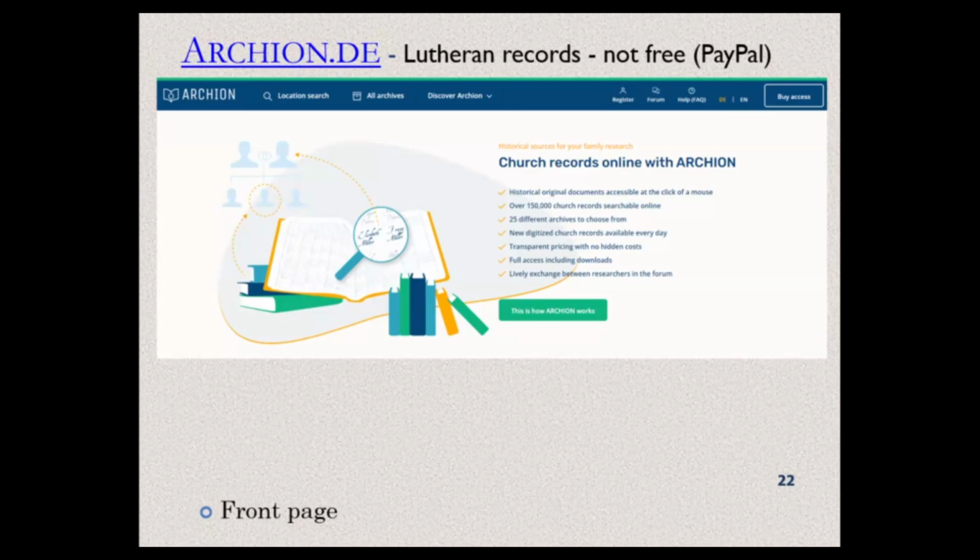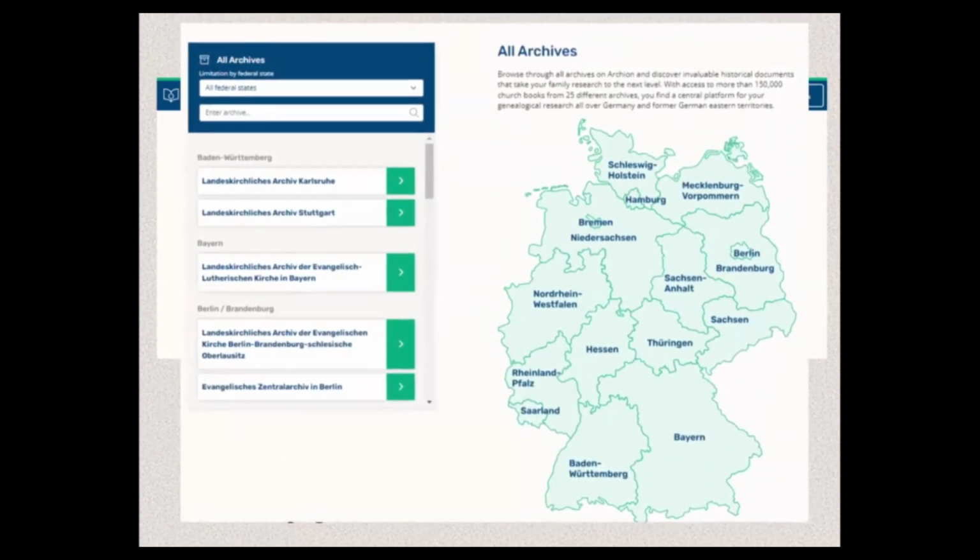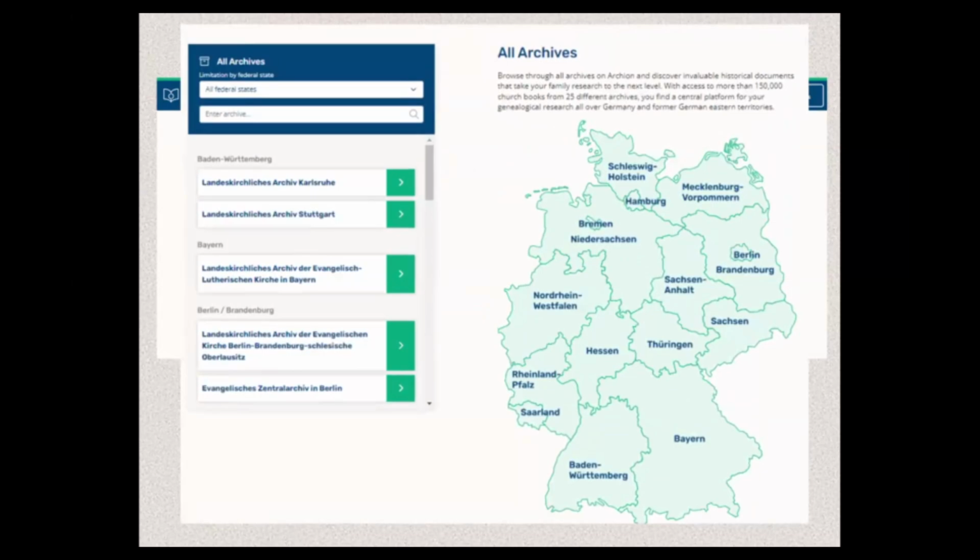Okay, but here are those authentic original records. Some go really to the 1600s and in some places even the 1500s. So you can see how far you can go back in time. You can just click on your state and then see even the address of that archive, because maybe you will realize that your church is not there yet and you don't want to wait. Then there is the address of that regional archive and even their email address.